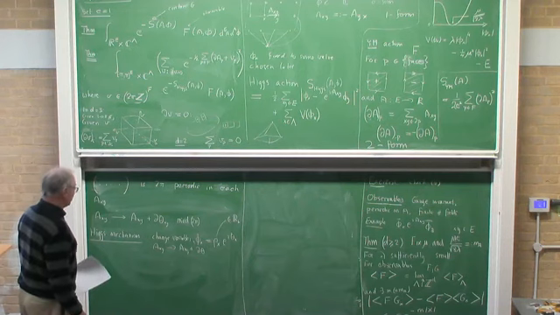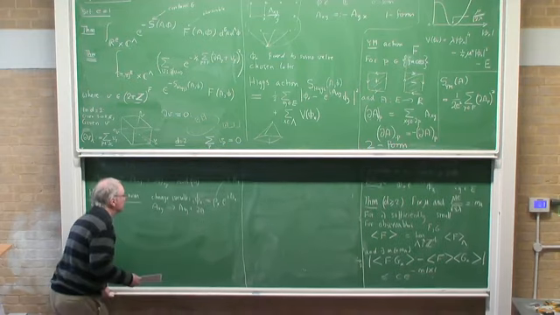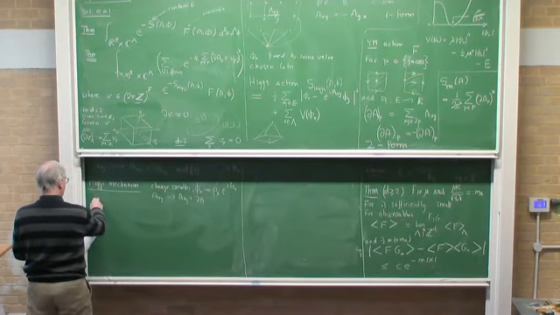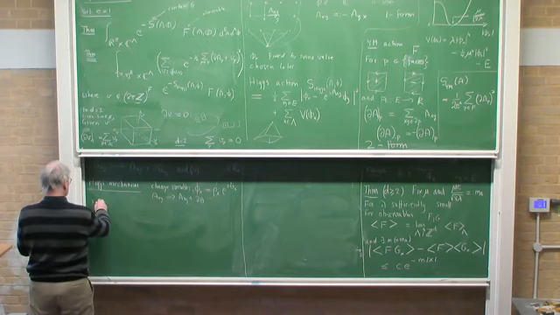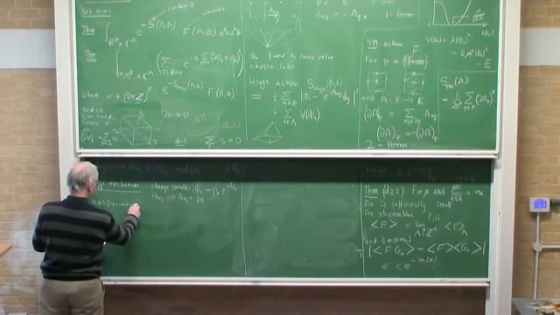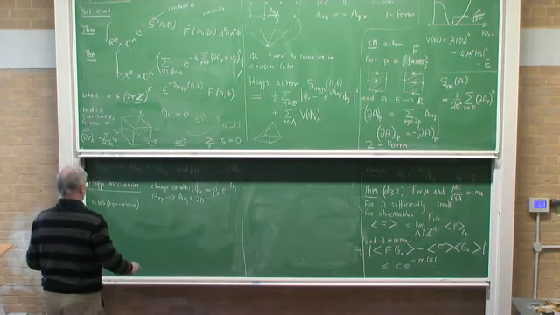So after we made this change of variables, the right-hand side of my theorem of the equivalence, so this thing here is